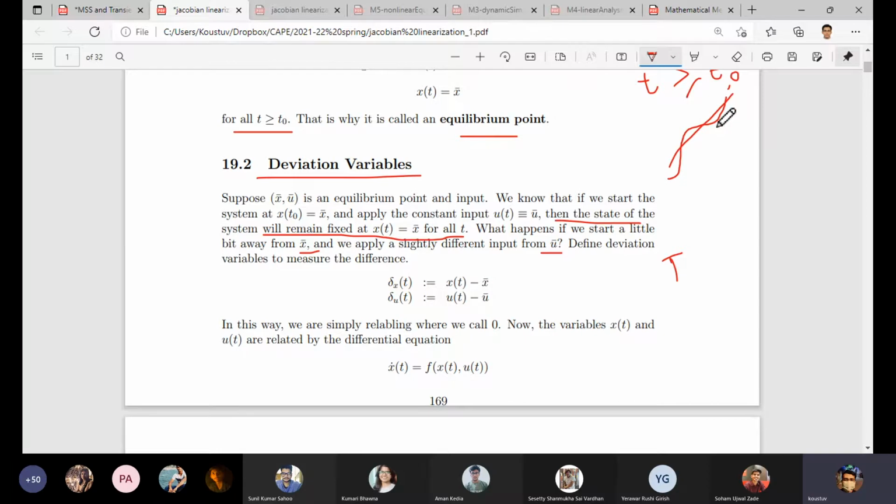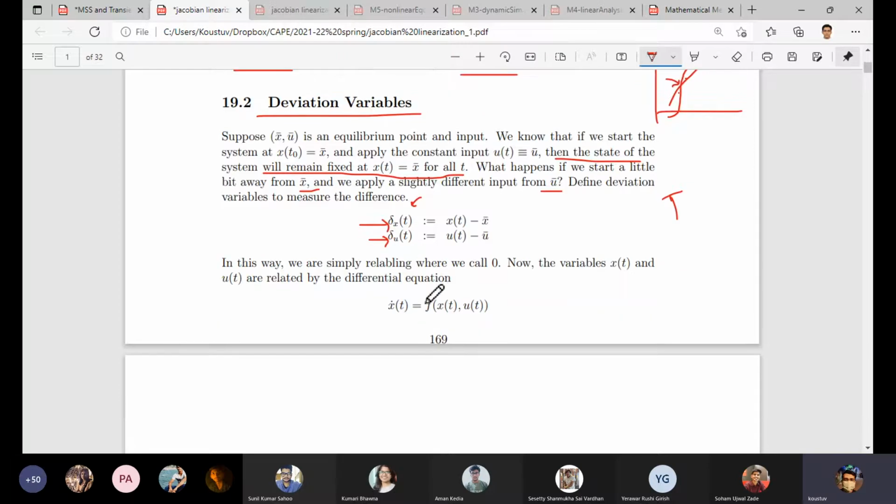Let's take three different cases, just for the sake of understanding. These three points you can analyze. We start at slightly different points on these axes, some here or some here, and we want to see whether that expands or decays and falls back to the steady point. So we introduce a deviation variable, which is also a function of t, because we want to see whether it grows with time or decays with time. We write it as small delta x or delta u.